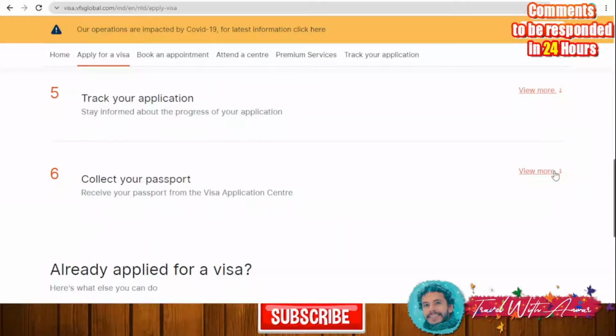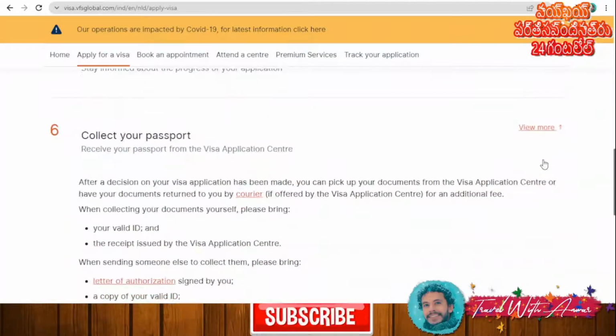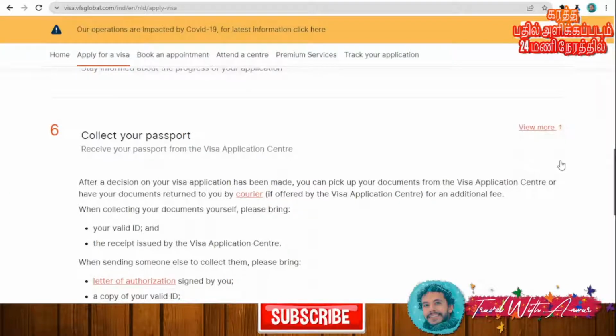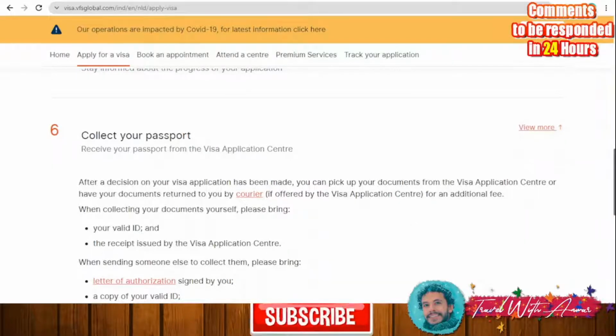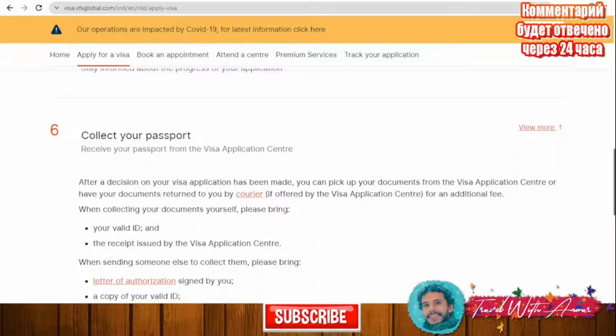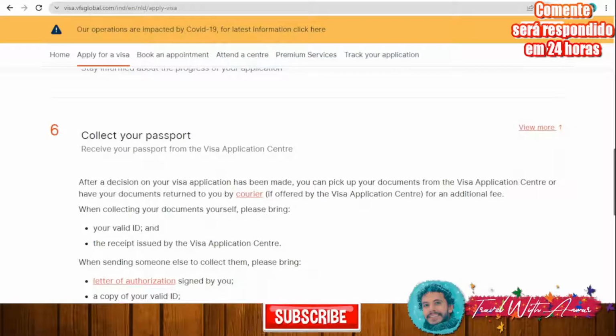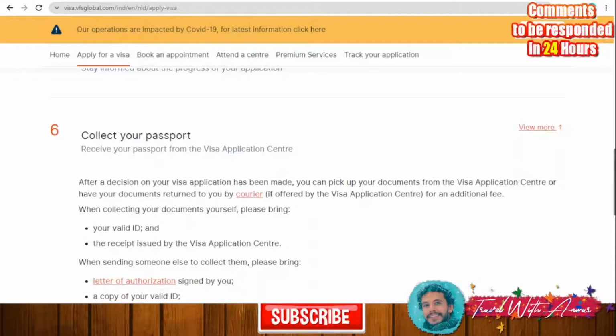And once your visa is accepted, you can either go and collect your passport, or you can book a service that they send you your passport with a visa to your address. And in the next section, we will be discussing all the required documents that you will be needing while applying